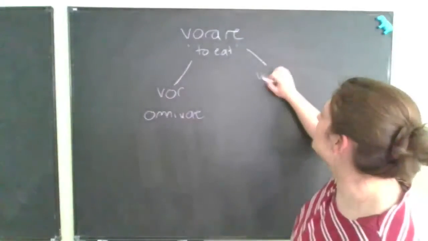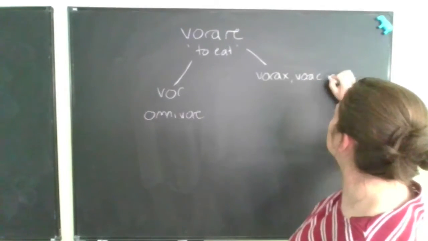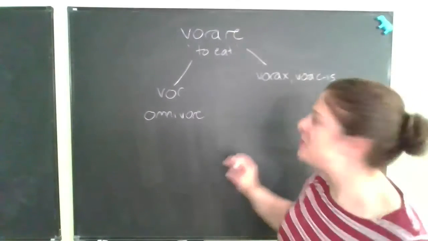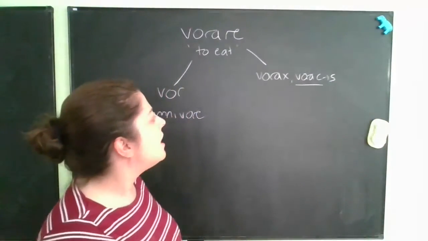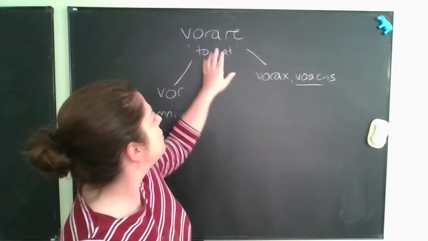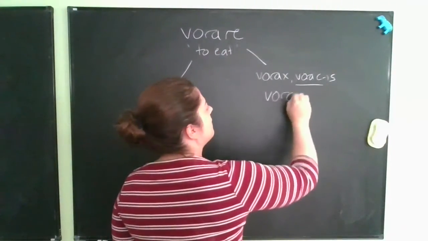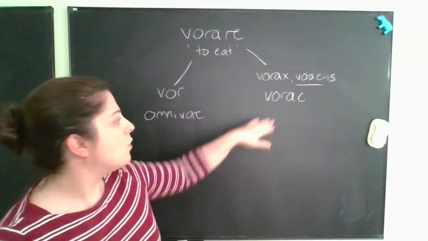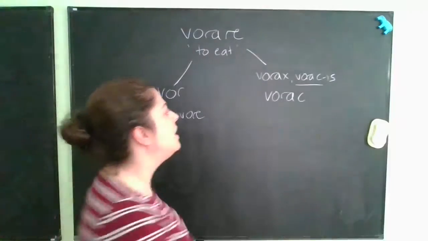And that adjective is "vorax, voracis." There is an ending, so we take that off, and we get now a second related root that is an extension. It took the original "vor" and it added a "c," right? So we get this "vorac" as the new stem or as the new root,